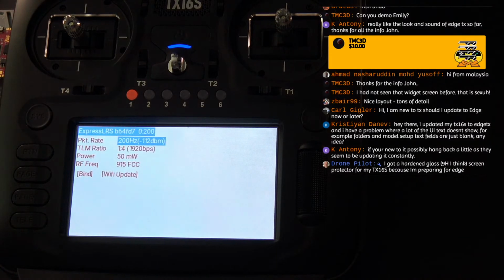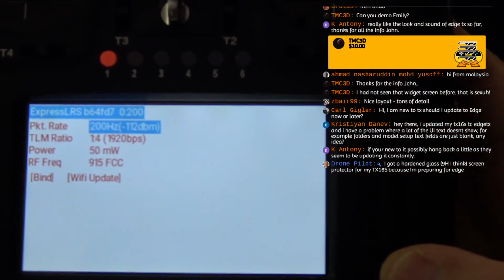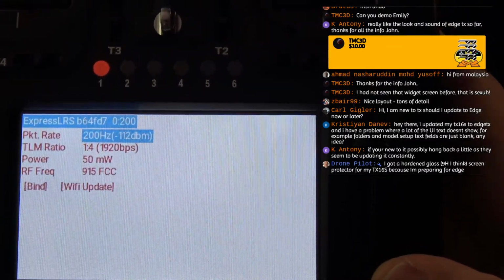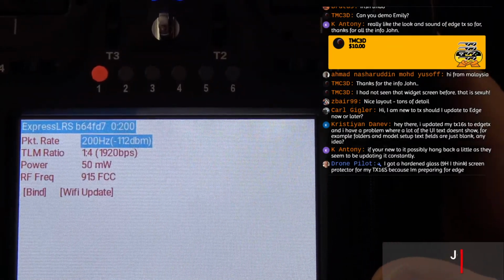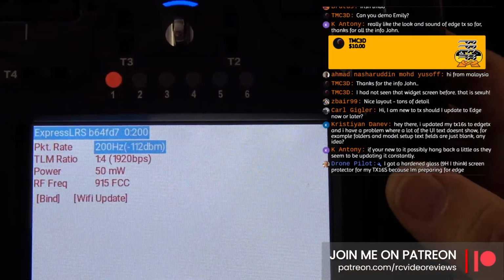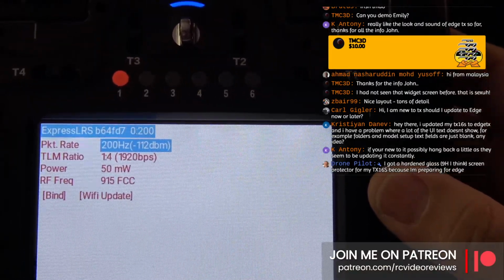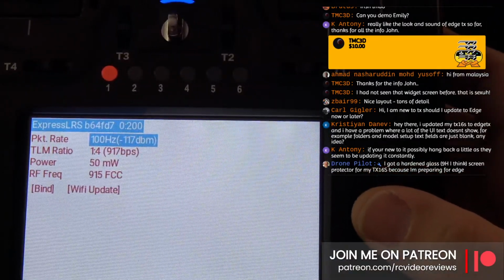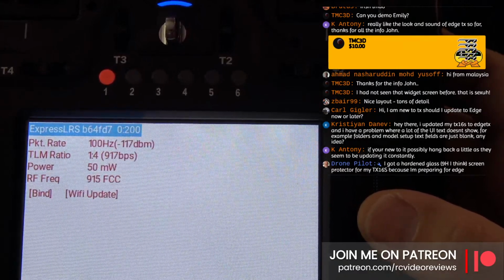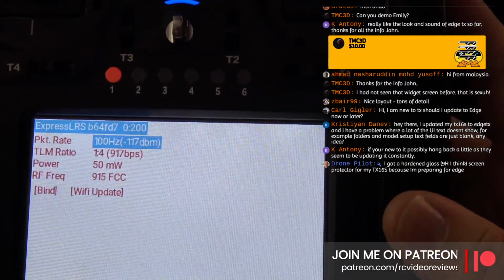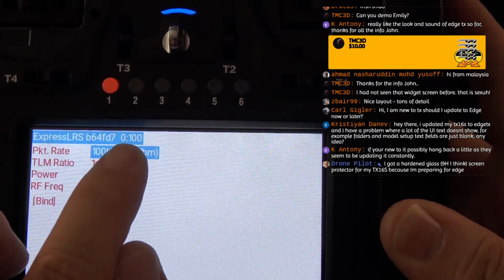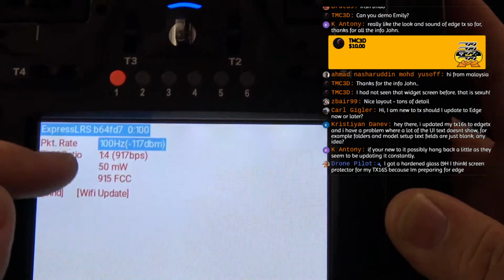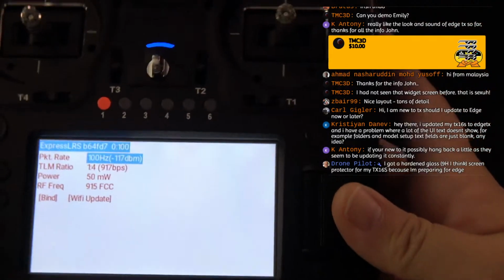Express LRS does work, by the way, and I'll show you too, in case you guys were wondering. This is another thing that you don't see, especially if you don't know about this, but this is Crossfire shot. The thing I want to show you is that if I highlight that packet rate and bring it down to 100 or 50, you see up top when I hit enter, watch what happens to that number. See how that goes to 100? That's Crossfire shot, man. That's integrated in the firmware from day one.